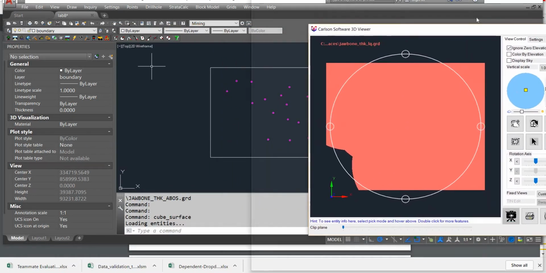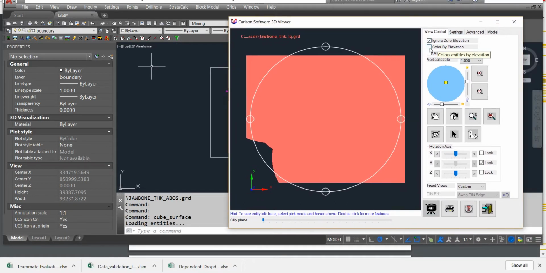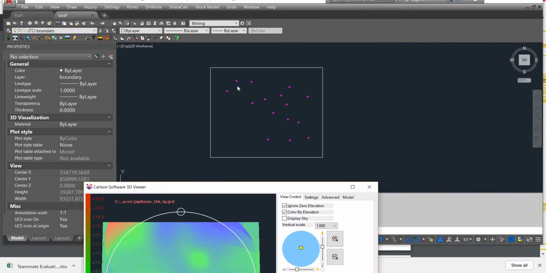Alright, so what I see here is, let me select color by elevation. So I see different lines here which is not accurate, and I don't have any data there. Why is it like that? Because drill holes are aligned on northwest to southeast